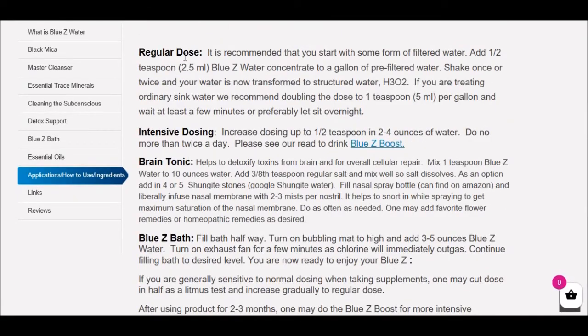So please try this brain tonic, and then take a look at all these other applications, the Lucy bath, the intensive dosing, the regular dose. And if you have any questions, please contact me, Andrew at blueseawater.com, and we could also send you, if you have a lot of brain issues, this is one very good strategy,